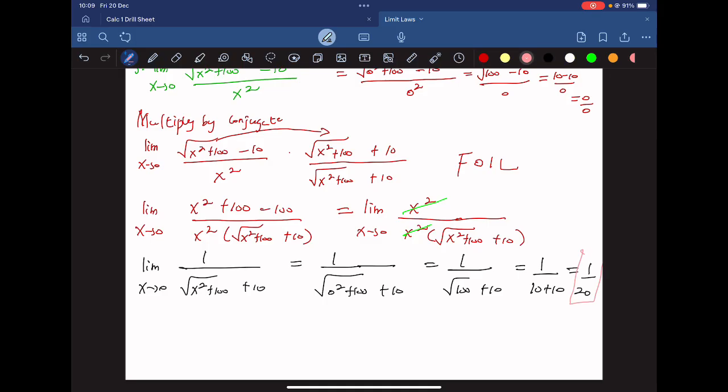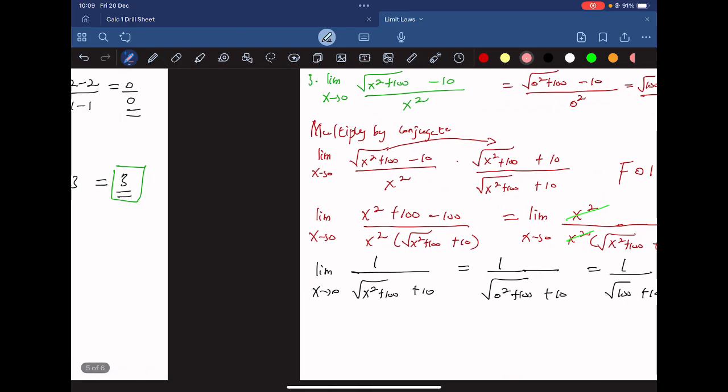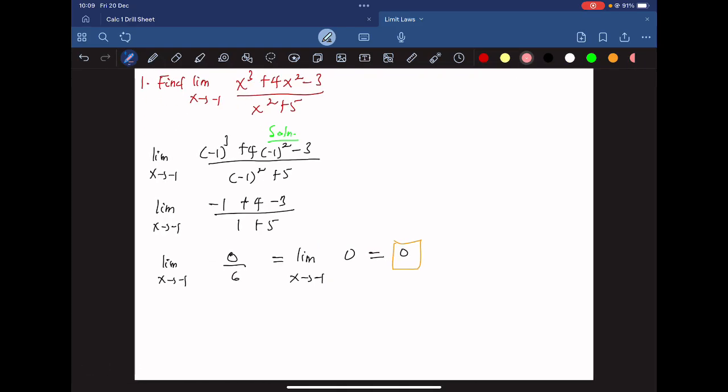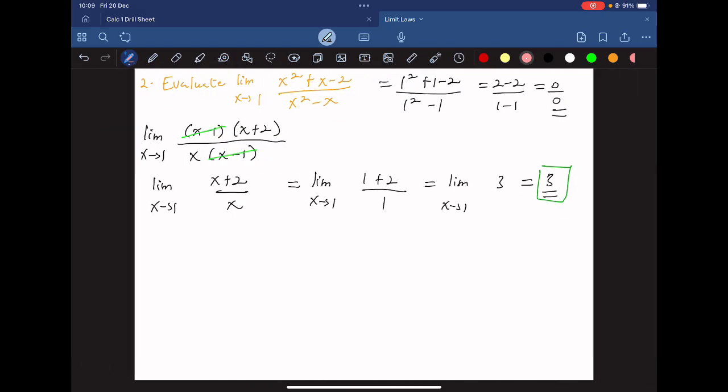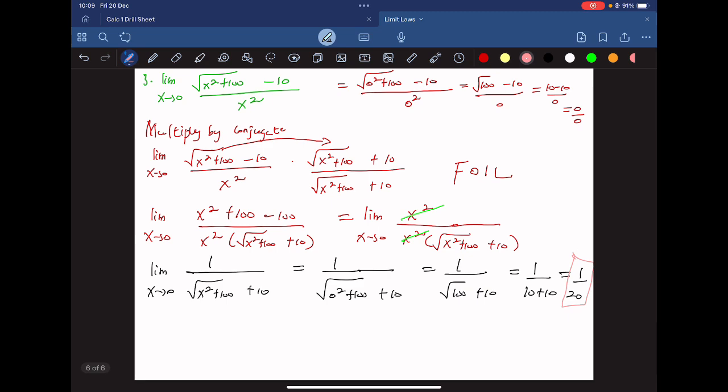So far we've gone through 3 types of questions, right? The first one, you just put in the value and you get a straight answer, so there's no need to do anything. The second one, we got an indeterminate form. Since it was a polynomial, we just factorized. For the third one, we had an indeterminate form, but note that this is not easy to factorize, right? So all that you have to do is to find the conjugate form and multiply by it. Okay,